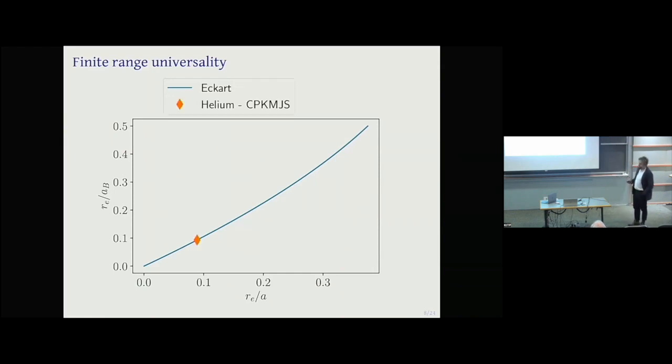I can try to put data on this plane. So here is helium. I took the data from a seminar of 2 weeks ago, taken from this potential, CVP, MJS, which, as far as I understand, is one of the best potentials which describe helium. And if you take the data calculated with this potential, which one can think of like experimental data, it goes on top of this curve.